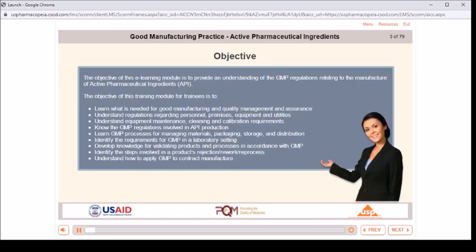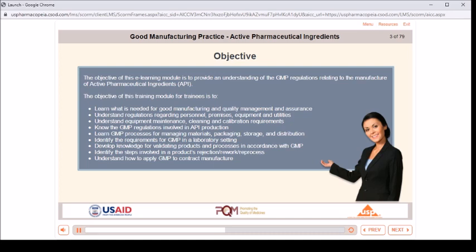Objective. The objective of this e-learning module is to provide an understanding of the GMP regulations relating to the manufacture of active pharmaceutical ingredients, API. The objectives of this training module for trainees is to learn what is needed for good manufacturing and quality management and assurance, understand regulations regarding personnel, premises, equipment, and utilities, understand equipment maintenance, cleaning, and calibration requirements,